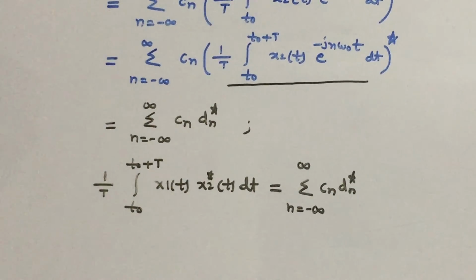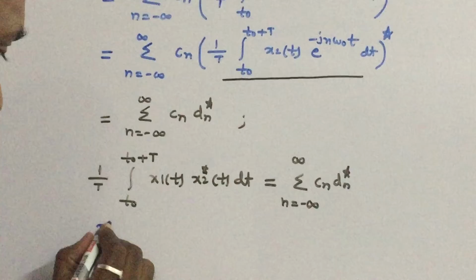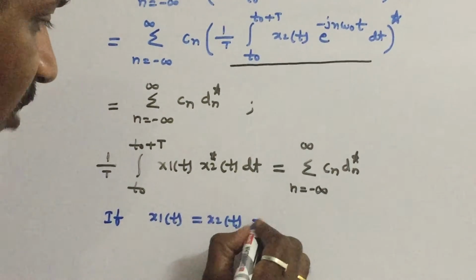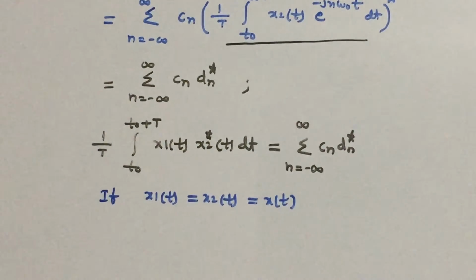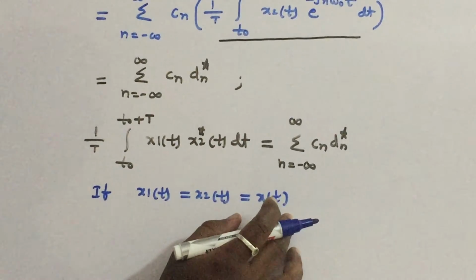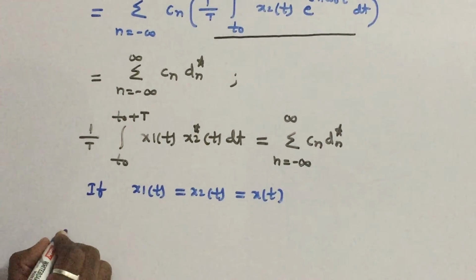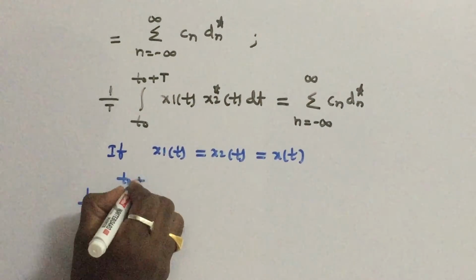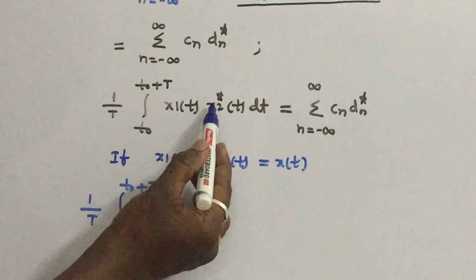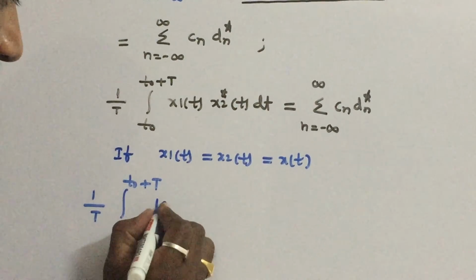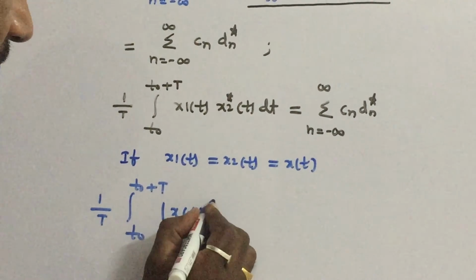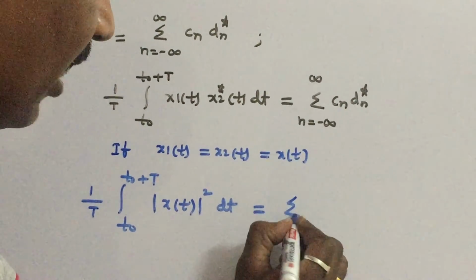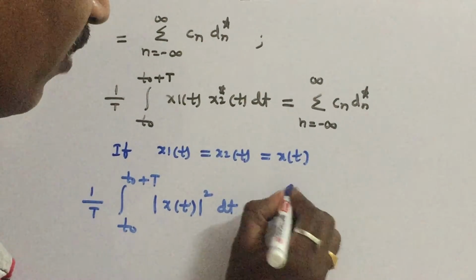Let us make one small change in this equation. If x1 of t is equal to x2 of t is equal to x of t, let us say both signals are the same, let it be x of t. Therefore this integral is written as 1 by T integral t0 to t0 plus T x of t into x star of t, which is written as modulus of x of t whole square dt. That is equal to the right side, summation n equals minus infinity to infinity